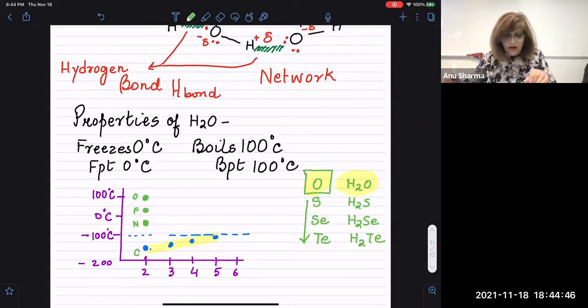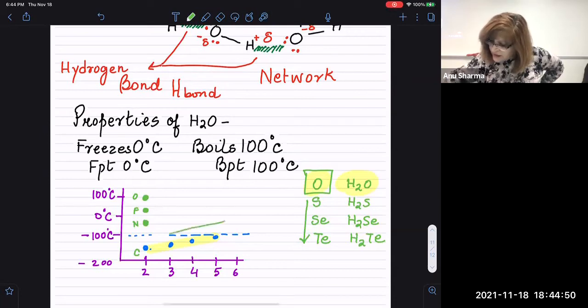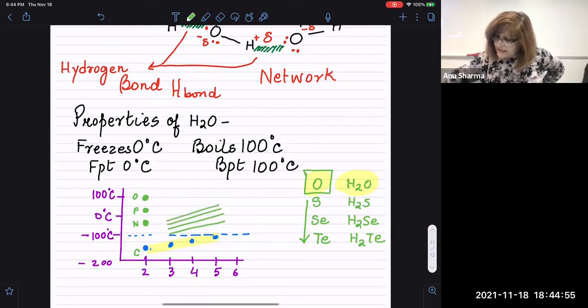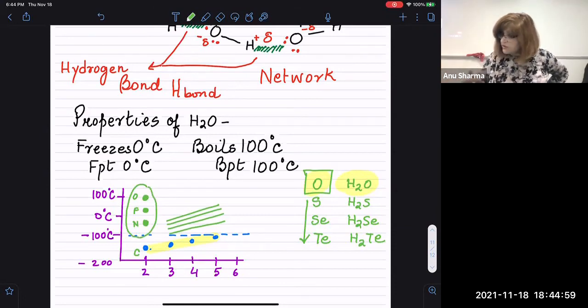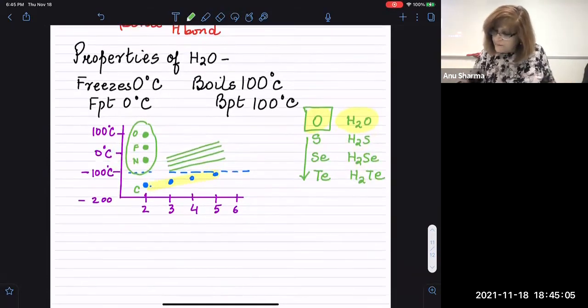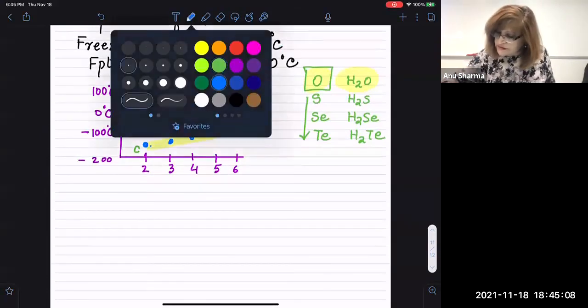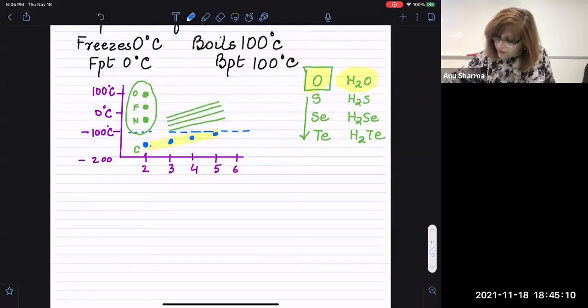But the rest of them, as you go, you will see they show a linear increase. You see them, they are going to increase like this. But these guys are off. They should be lower in order to form a linear graph. So that's the difference here: due to hydrogen bonding, we see that their boiling points